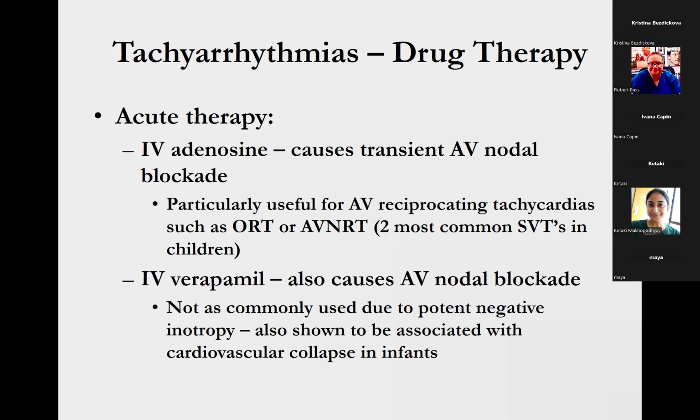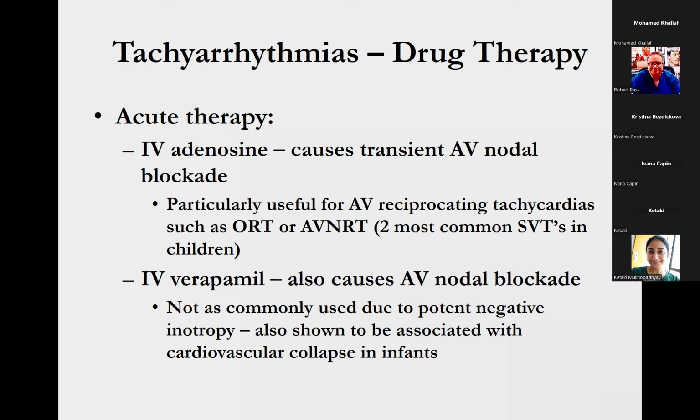The other thing I'll mention is that in single ventricle patients, it is not uncommon that you need very high doses, particularly in Fontan patients, to have effect. For the rare patient who has a reentrant AV reciprocating tachycardia or AVNRT, you often need the very high dose of adenosine to see effect because of the circulation as well as the location of the AV node relative to the venous system, which is obviously different than it is in a person with two ventricles.